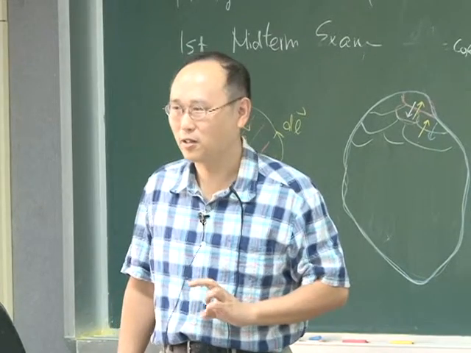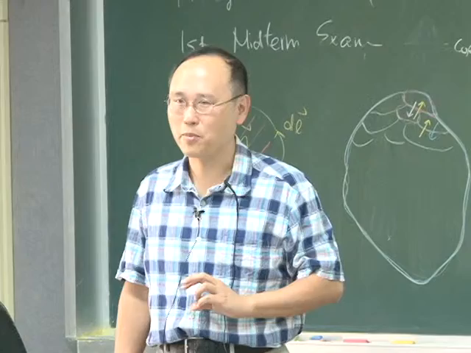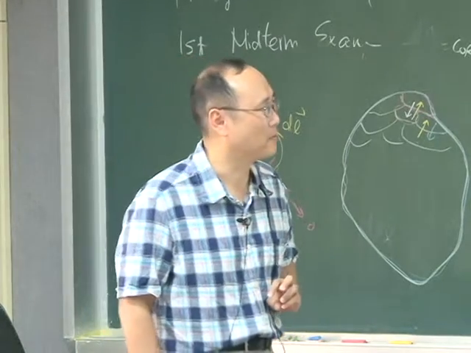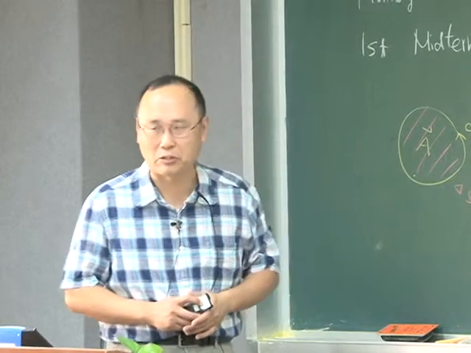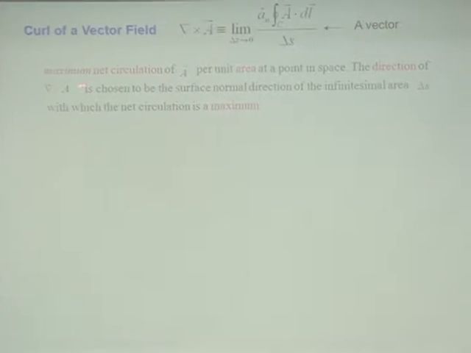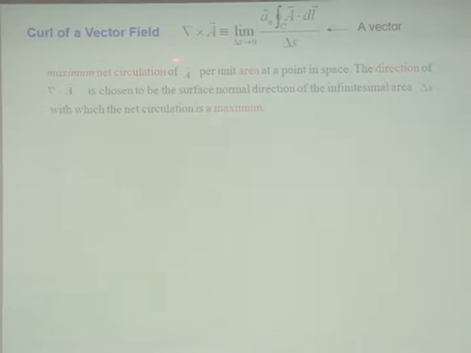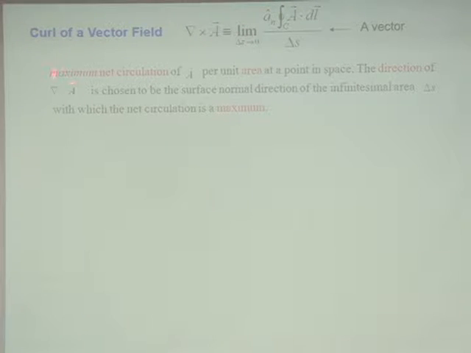Okay, so this is the definition of curl of a vector. Basically, you are calculating the maximum net circulation. Don't forget this keyword, maximum. Because this maximum makes this calculation unique, a single value. Associated with this,